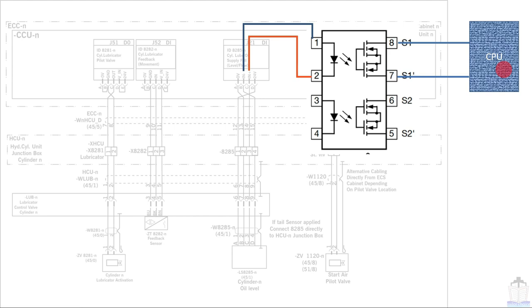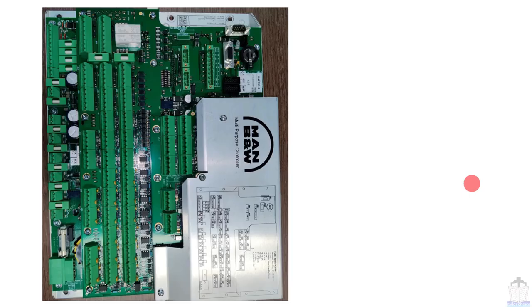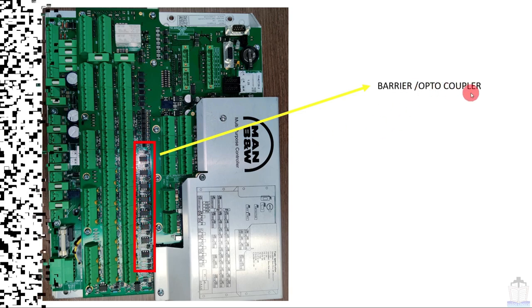So I hope galvanic isolation is clear. This is all about the galvanic isolation. So now I am taking you to the MPC board to see physically how the optocoupler look like. So here these are called barrier or optocouplers. Okay, now moving to our next topic,